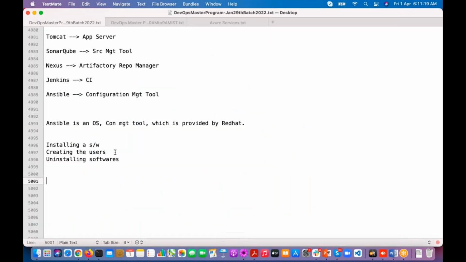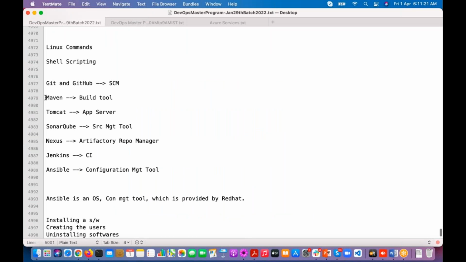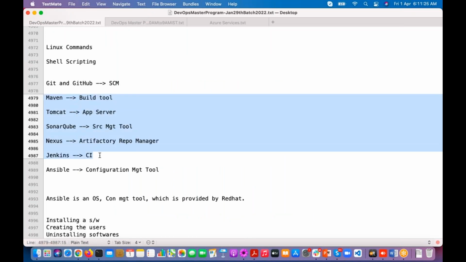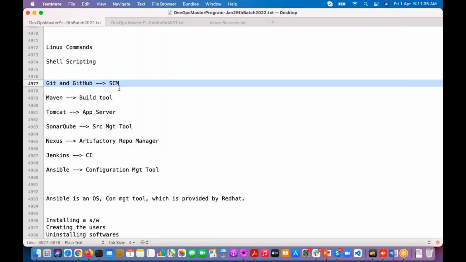So far, the tools which we discussed, like Maven, Tomcat, SonarQube, Nexus, Jenkins, these tools are developed in which language, guys? Java. What about Git and GitHub? C language.